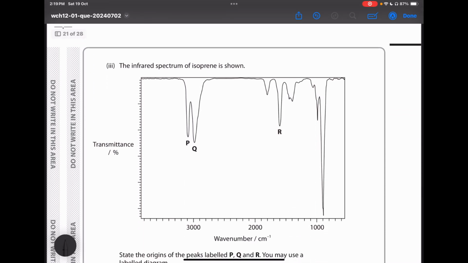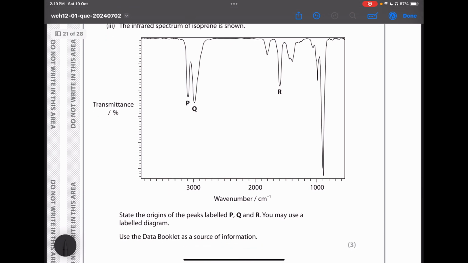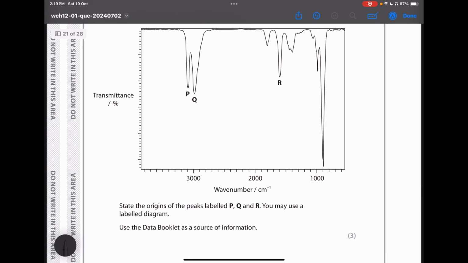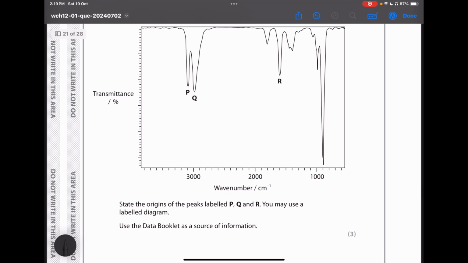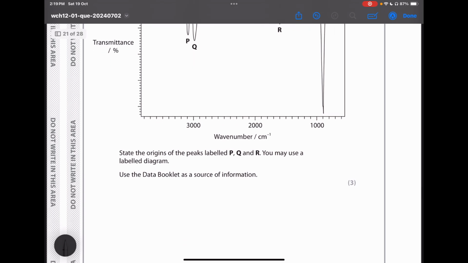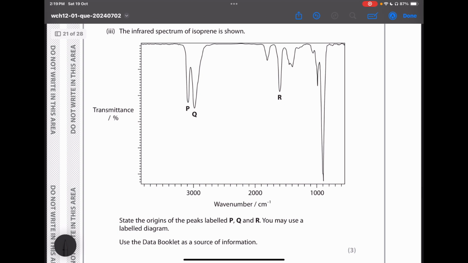Next, the infrared spectrum of isoprene is shown. This is the infrared spectrum of isoprene. Explain the origins of the peaks labeled P, Q, and R. You may use a level diagram. Use the data booklet as a source of information. You will be given your data booklet, and if you go to your data booklet, you will see that the range of P over here is actually due to